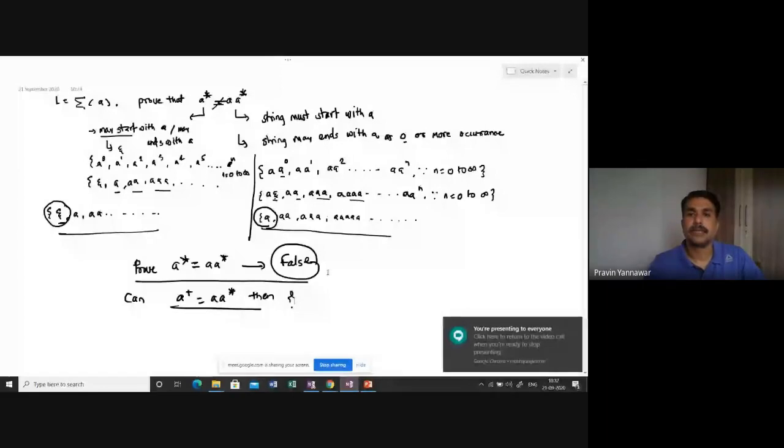Now with this particular point we will come to know about A plus and A star. These two closures you have understood very clearly. Now let us try to understand some more representations, so that we can extend our work further. Let's go ahead with this now. I'm going to add a page.